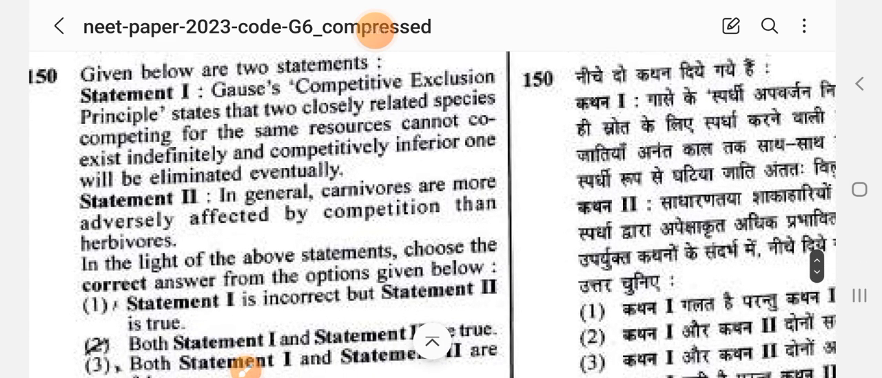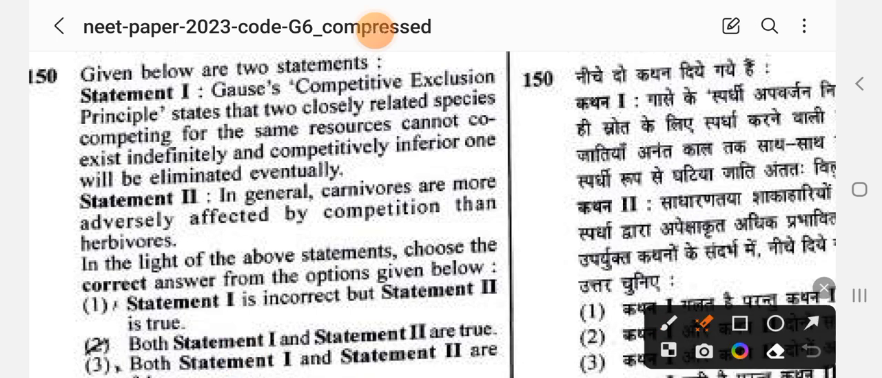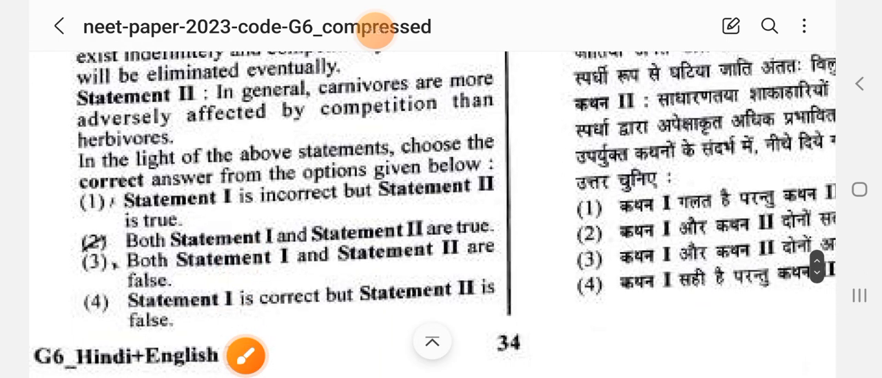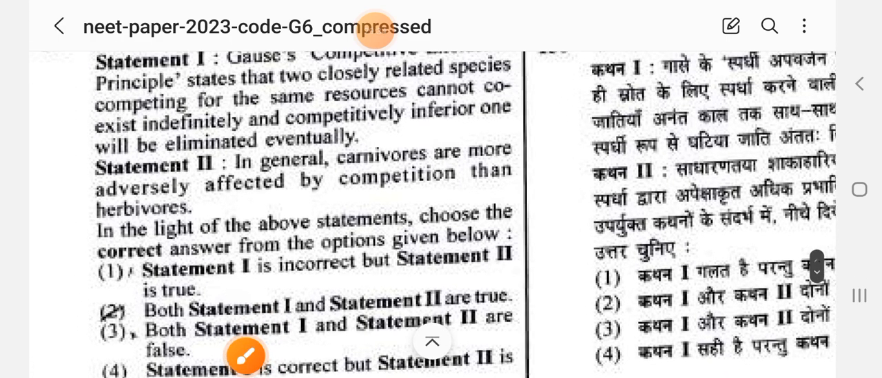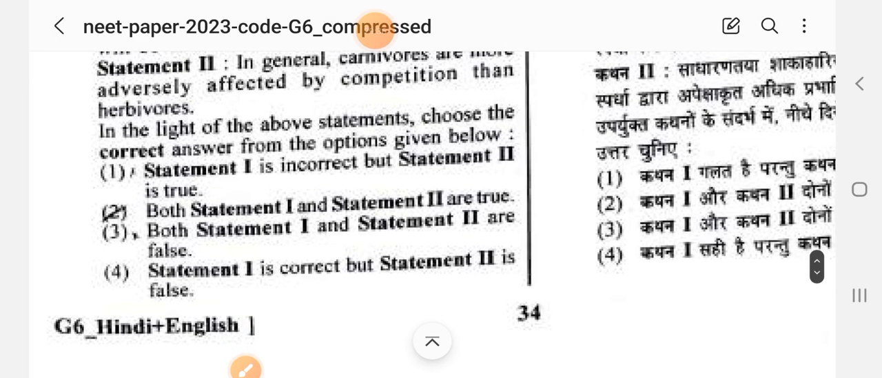Gause's competitive exclusion principle states that two closely related species competing for the same resource cannot coexist indefinitely, and the inferior one will eventually be eliminated. This is true. In general, carnivores are more adversely affected by competition than herbivores. I think this is also true, but it is not a correct explanation. So the answer would be